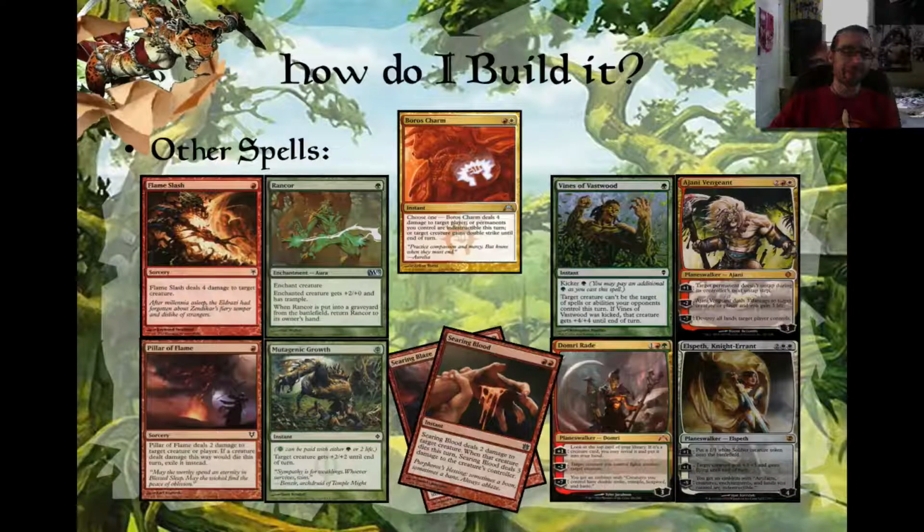Pyroclasm and Volcanic Fallout are awful against us. So, Mutagenic Growth can save one of your creatures. I've had funny situations where I've had a 2/3 Tarmogoyf, a 3/3 Wild Nacatl, and a 3/3 Experiment One, and I cast Mutagenic Growth in response to the Anger of the Gods on my Wild Nacatl, making my Wild Nacatl a 5/5, and making my Tarmogoyf a 4/5